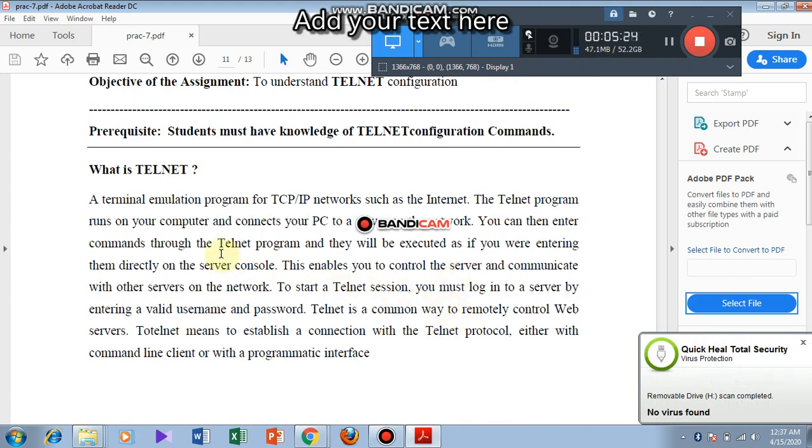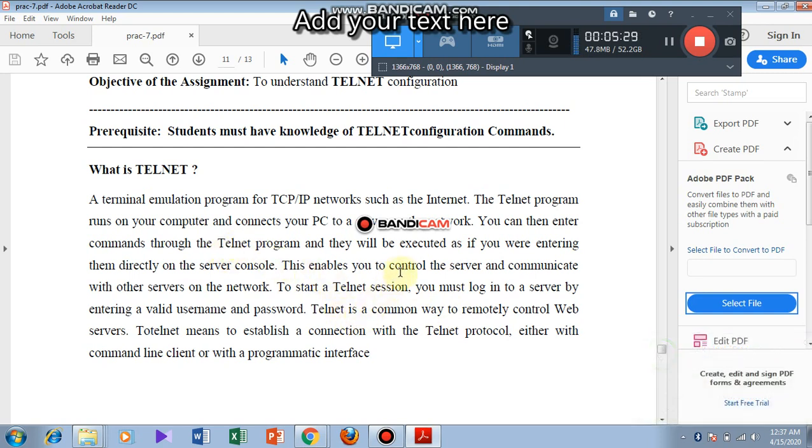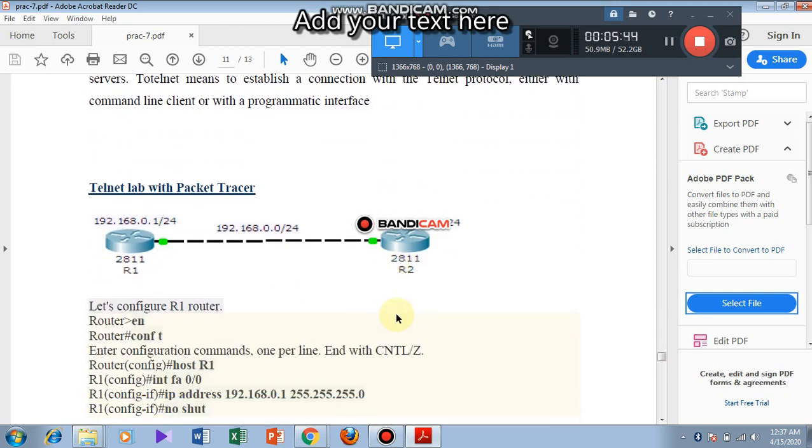The telnet program runs on your computer and connects your PC to a server on the network. You can then enter commands through the telnet program and they will be executed as if you were entering them directly on the server console. So here we will see two routers, and we have to assign IP addresses to these routers. For R1 we can give